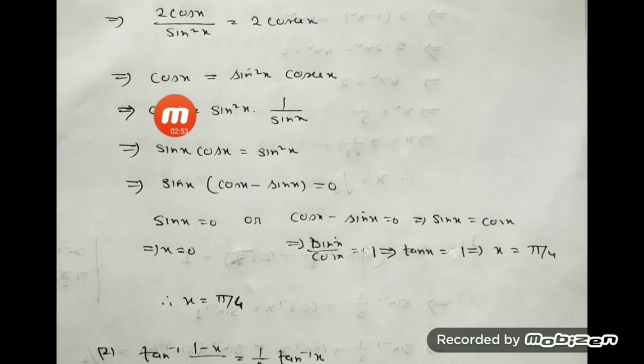After that, you see, this contains 3 different trigonometric ratios. So it is possible to convert cosec in terms of sin. I have written cosec x equal to 1 by sin x. Again, cross multiply. Don't cut it. Why? Because sin x may be equal to 0, and if it is 0, 0 by 0 is undefined. Since it's a variable, we cannot cancel this one.